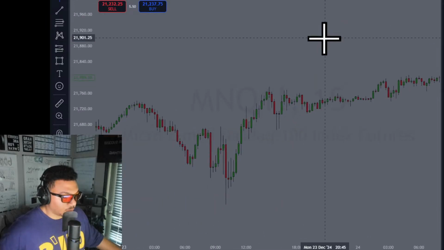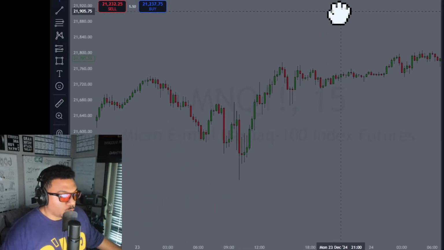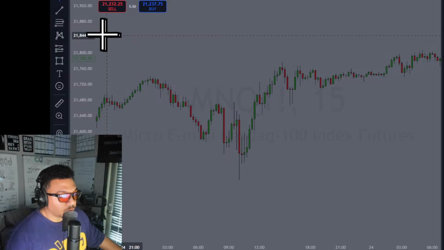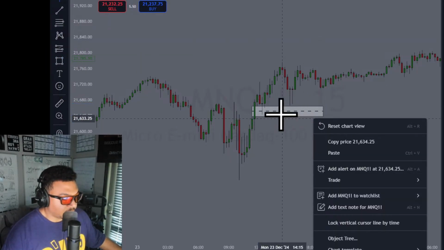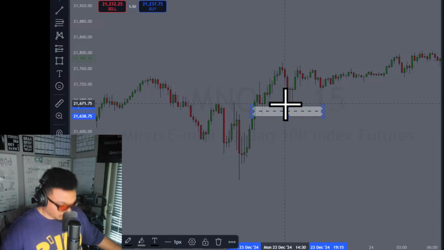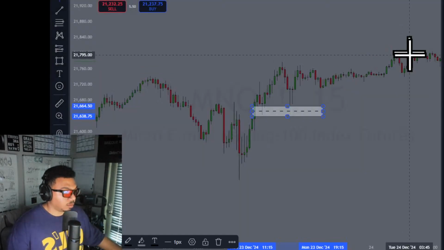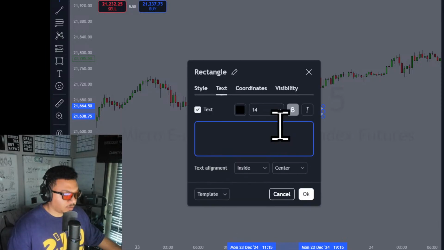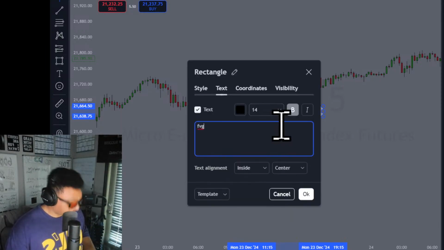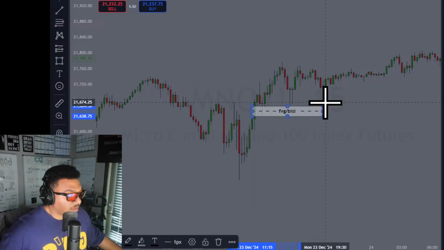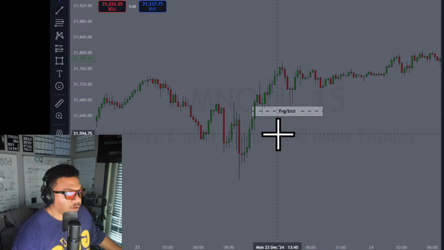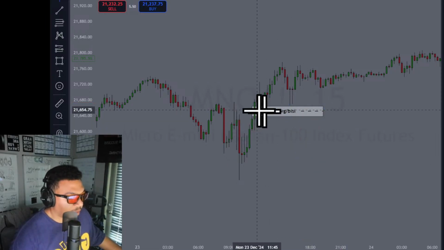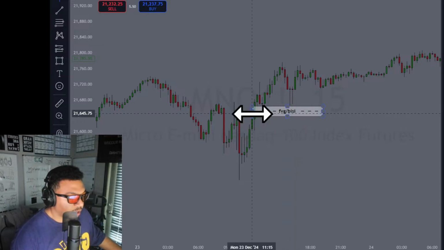It's annoying. But what we want to understand is trading internal to external liquidity. Here's an example again right here. We have a fair value gap, also known as a BISI. Got to double, triple tap it. Fair value gap / BISI. A BISI is a buy side inefficiency, right? Buy side, sell side inefficiency. A fair value gap is the same thing as a BISI. It's just that if it's a buy side fair value gap, we call it a BISI, right?